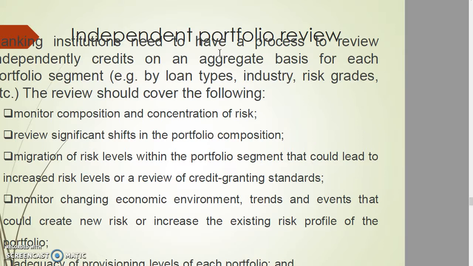Next, we will go through what the industries are, and what the loan types are, applied for by their customers. So we will look in terms of the independent portfolio review. For example, what will be reviewed in the portfolio review is that they will monitor the composition and concentration of the risk. So we will look at different scopes of the industry, what the risks are towards the industry and the market condition. So we will look at the wider scope in the independent portfolio review.